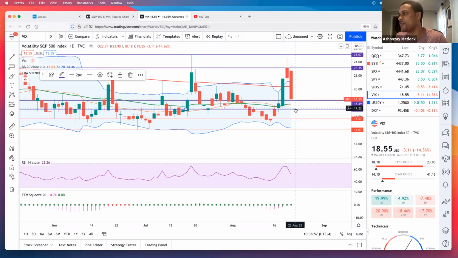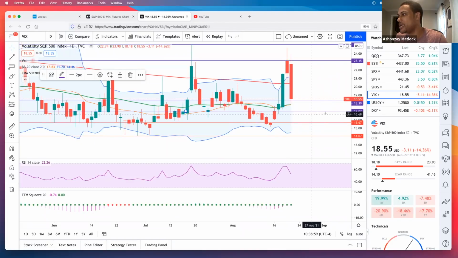So we could see the VIX come down to about 17.07. Now that would break this 50-day and 20-day moving average, right? And then we'll close here, and then we can see we get another push to 15.67. If that were to happen, I would fully expect that the SPY and the preceding indexes would make new all-time highs, as volatility would be coming out, meaning people aren't fearful, and that would allow the market to go